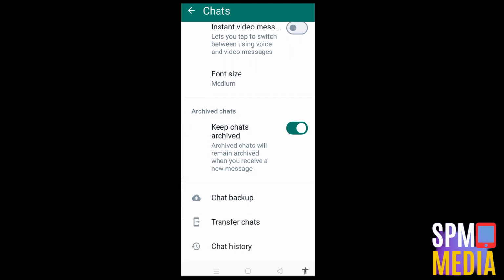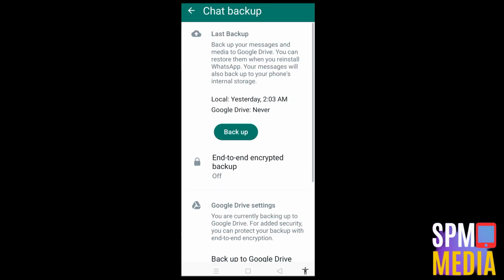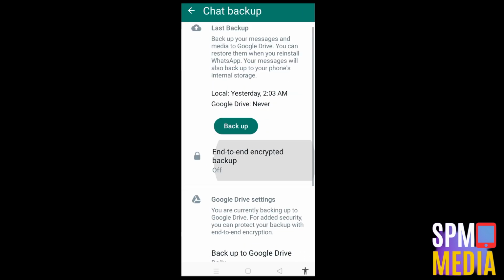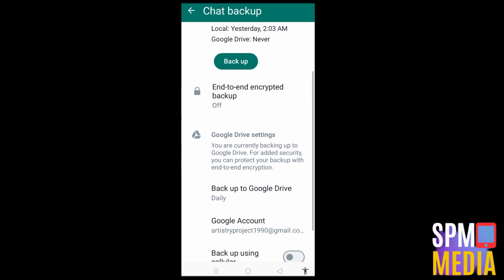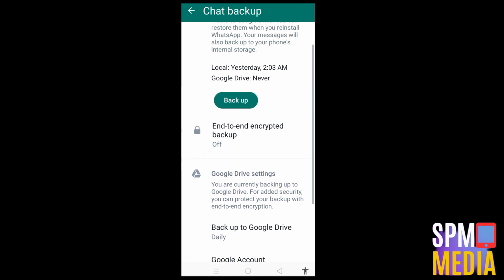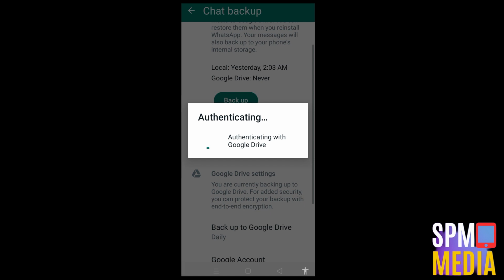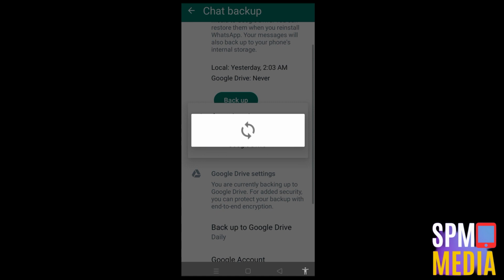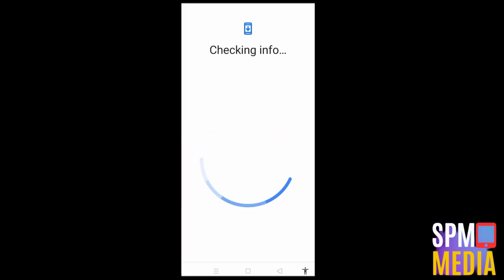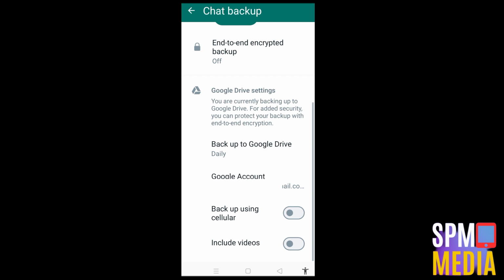Then what you want to do here is to link your Google account. Make sure that your Google account or Google Drive has enough storage space for saving files such as images, videos, and messages. So once you have linked or connected your Google account, specifically your Google Drive, on your WhatsApp,